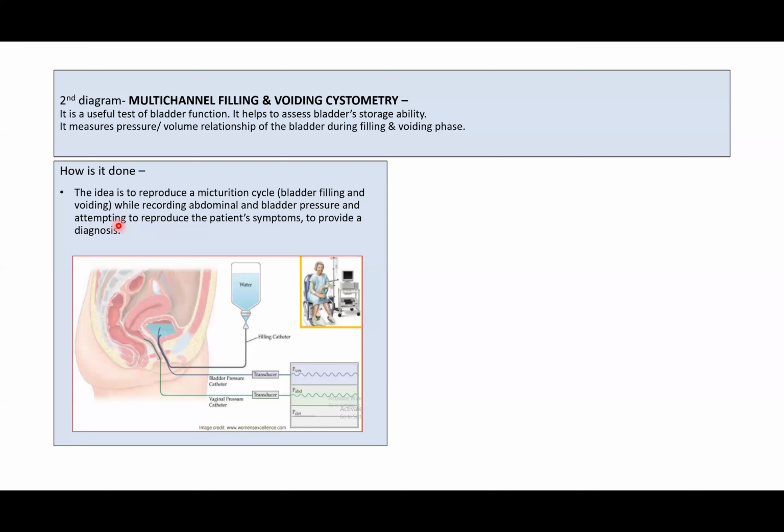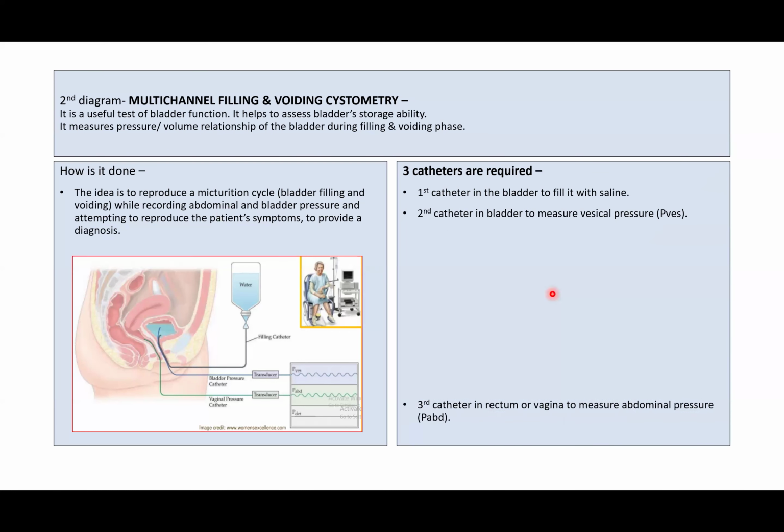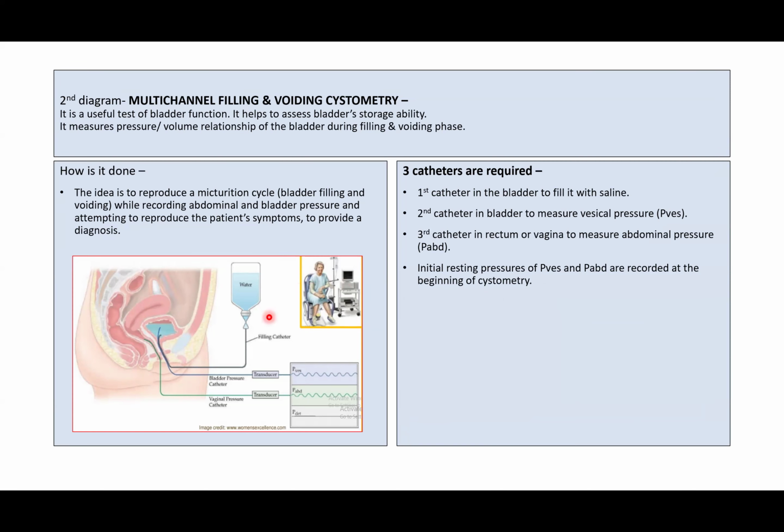An attempt is made to reproduce the patient's symptoms to provide a diagnosis. Because of the abdominal and bladder pressure, this will help us to know about the detrusor pressure. Detrusor pressure is equal to bladder pressure minus abdominal pressure, right? How is it done? You just have to look at the diagram in the exam: there are 3